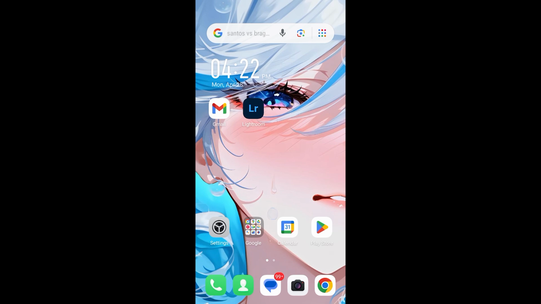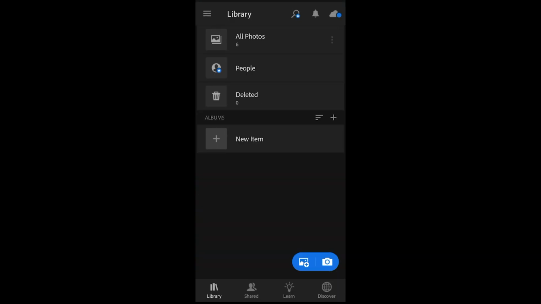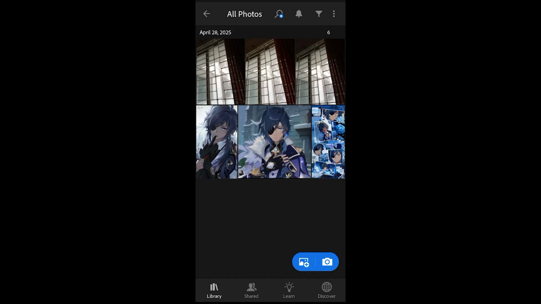First, open your Adobe Lightroom app. Here, tap on All Photos. Adobe Lightroom will show you a range of photos that are uploaded to its gallery that you can edit. Tap on any of the photos that you want to edit, and you will see a bunch of options at